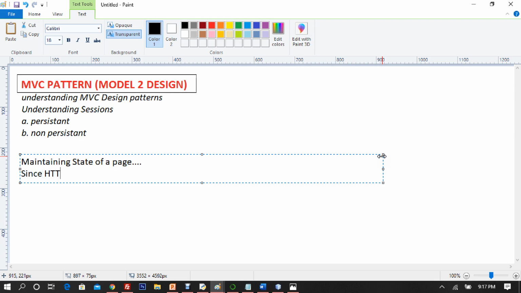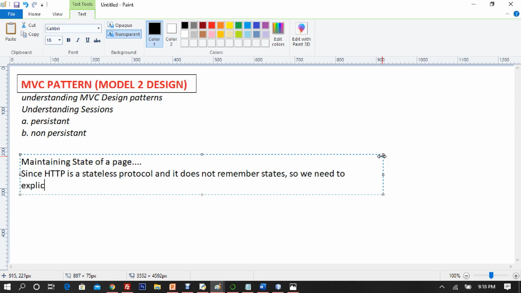Since HTTP is a stateless protocol and it does not remember states, so we need to explicitly maintain that state, right, by using either the input type hidden, or we can say hidden types,